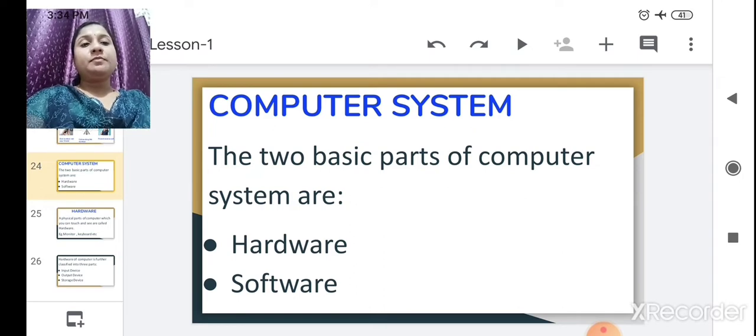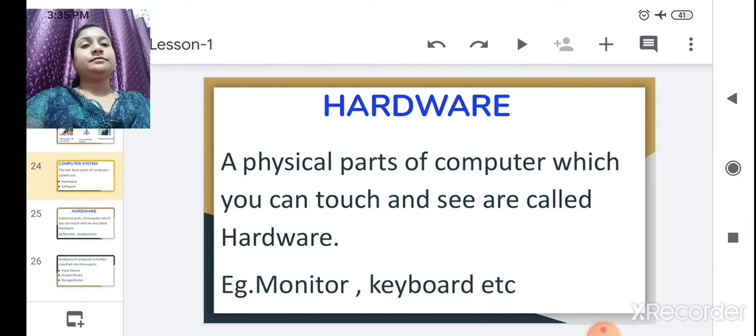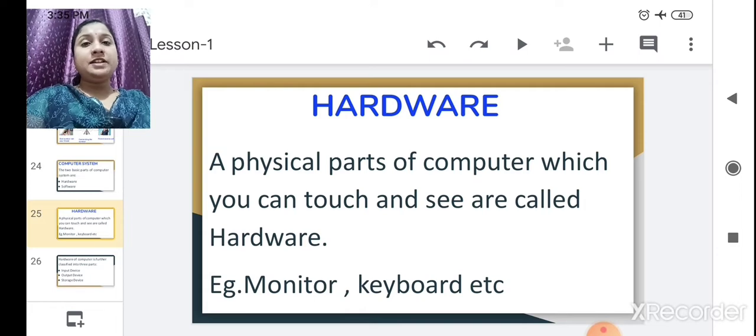The two basic parts of a computer system are hardware and software. Again, the computer system is divided into hardware and software. We are going to see what hardware is and what software is. Hardware is the physical part of the computer which you can touch and see.